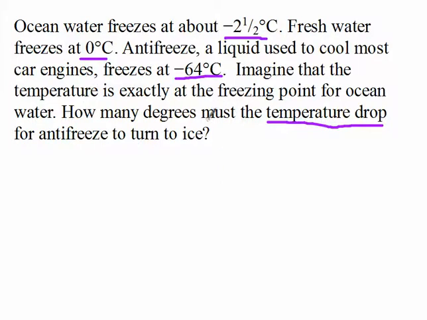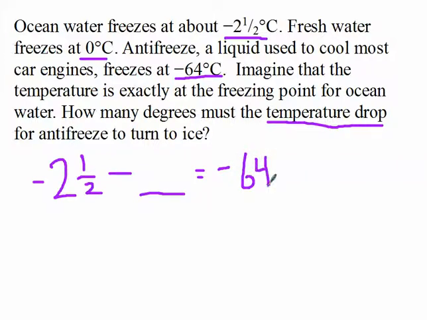So if we were starting at the freezing point for ocean, we're going to be starting at -2.5. And then I need to drop or subtract some number to get to -64 degrees. How I'm going to solve this is I'm just going to know something minus something is giving me something. Therefore, using fact families, I know that